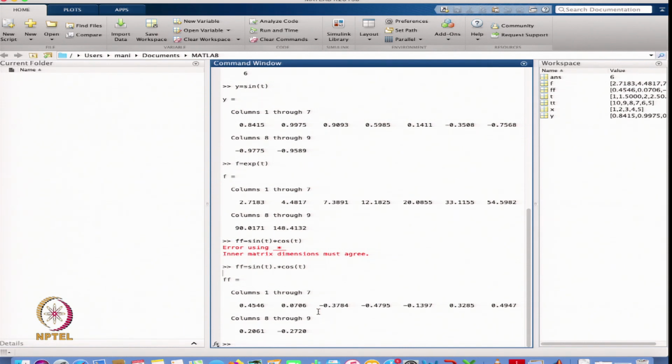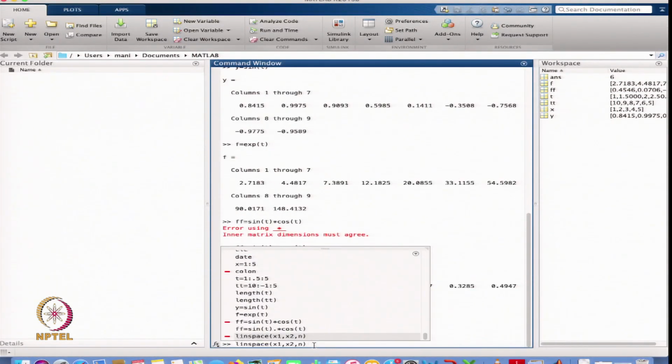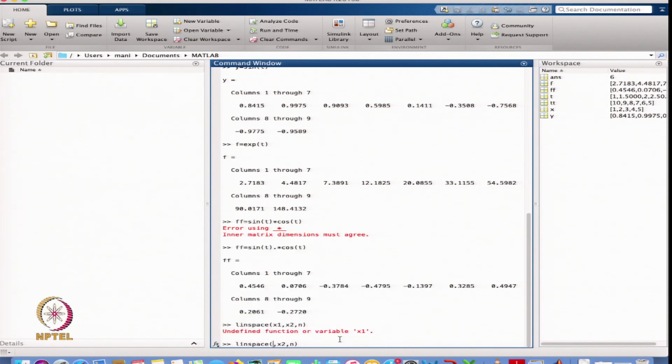Now the same thing I can do with the help of another function called linspace. linspace gives you linear spacing between x1 and x2 with n number of points. That is the command for linspace. It creates a vector starting from x1 up to x2 with n points. Suppose I write starting from 0 up to 1 and give 10.